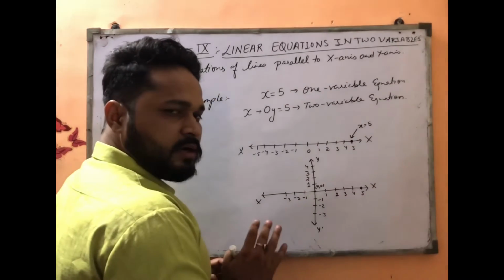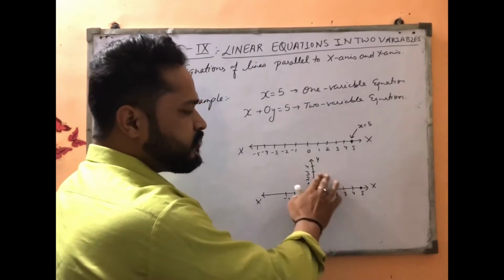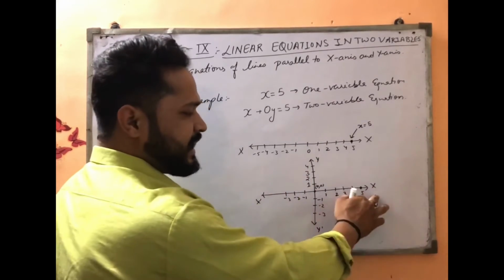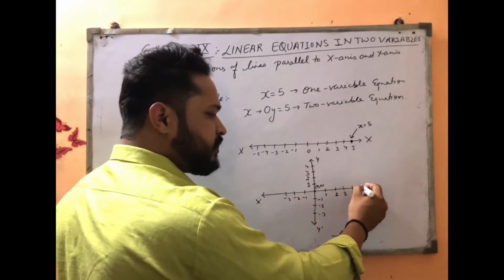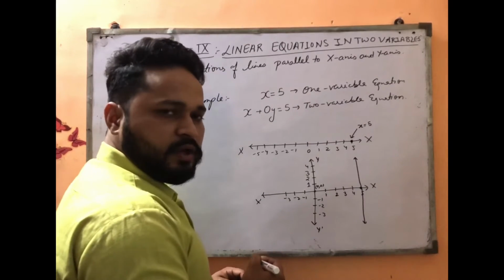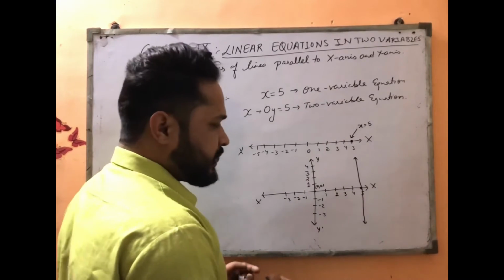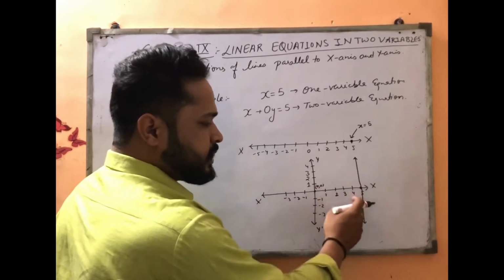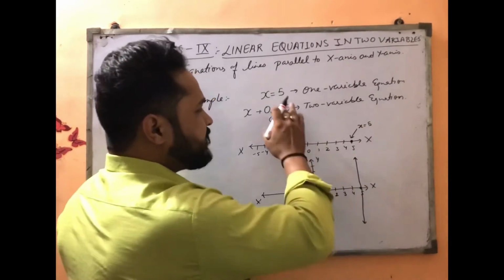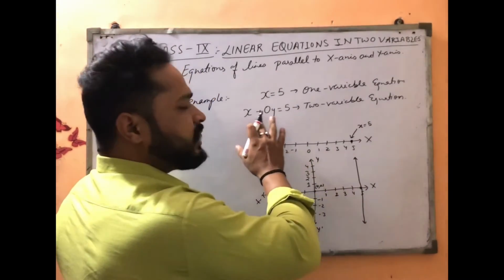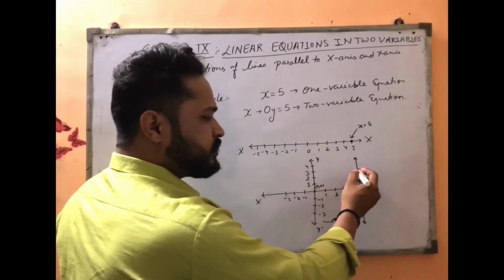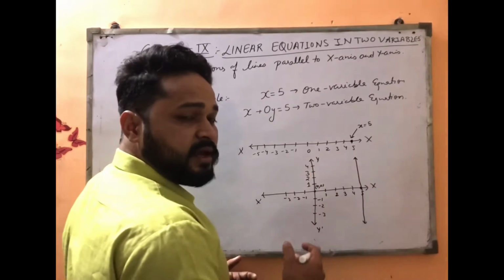But in the Cartesian plane there are two axes, this is x-axis and y-axis. Then the equation of this is like this, because in a 2D plane the linear equation always represents a straight line. So for every value of y, the x is always constant. That means for every value of y, x always is 5. So for 1 it is 5, for 2 it is 5, for 3 it is 5. So what will it be for all of them? It will be the same.